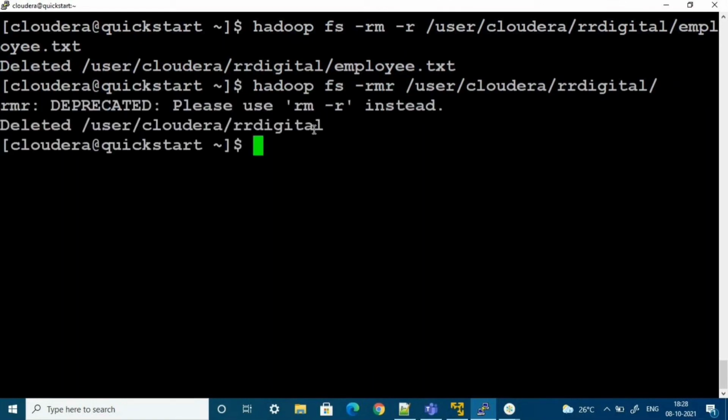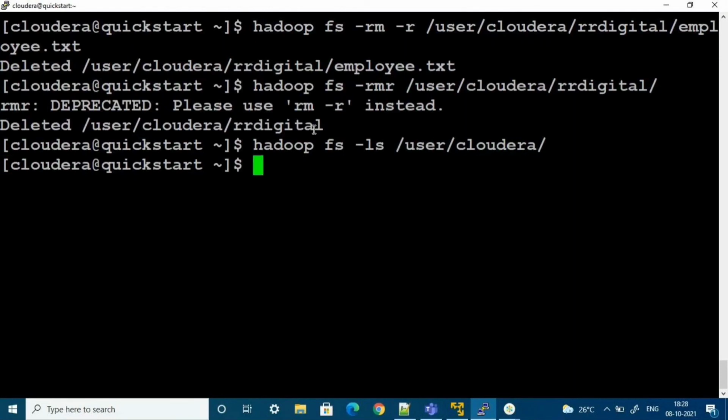Okay, successfully deleted. If you want you can cross verify with hadoop fs hyphen ls user Cloudera. Okay, under Cloudera, is RR digital available or not? Not available. Okay, so successfully deleted.